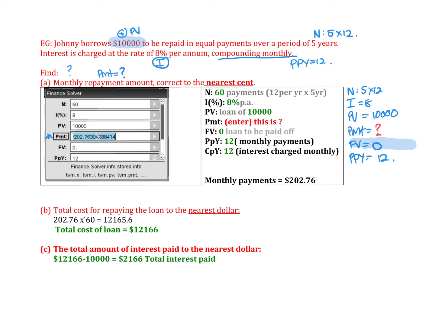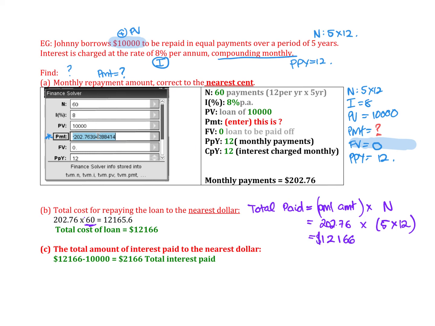So you remember the total paid is going to equal the payment amount times the number of periods, isn't it? So if you look at this one, it's 202.76 times the 5 years at 12 months. That's why they've done 60, because it's 5 years at 12 months. So what they totally paid off for this loan was